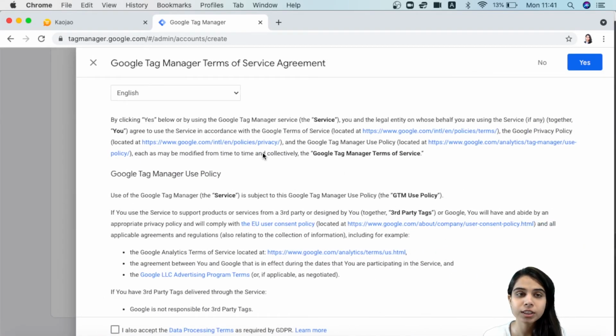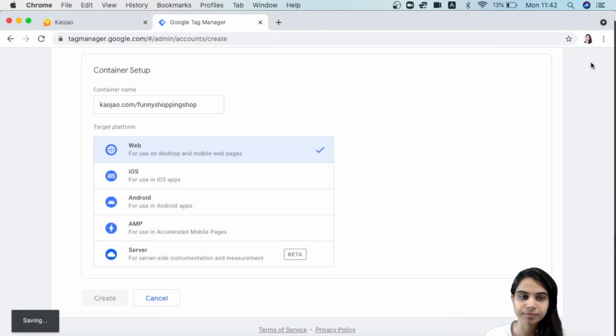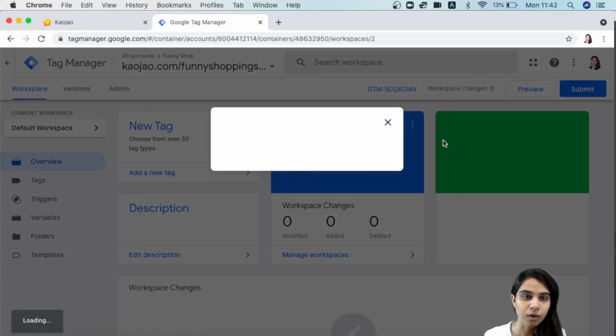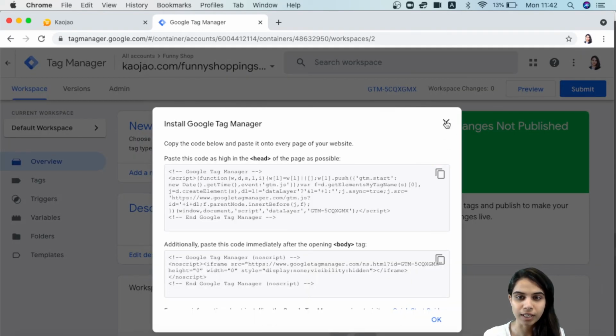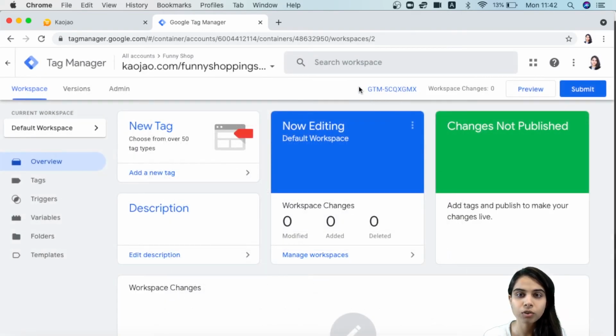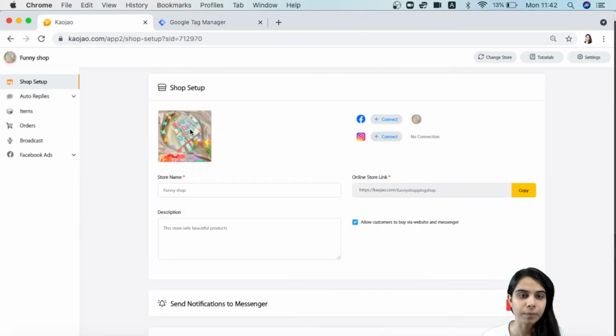Once you've reached this page, read the Google Tag Manager Terms of Service Agreement and then click on the checkbox. After that, click on Yes. Now, your account has been created. So you can copy your Google Tag Manager ID from here and then go back to our web page and